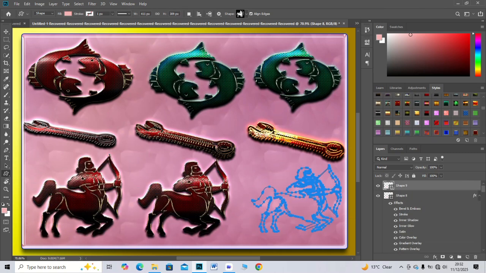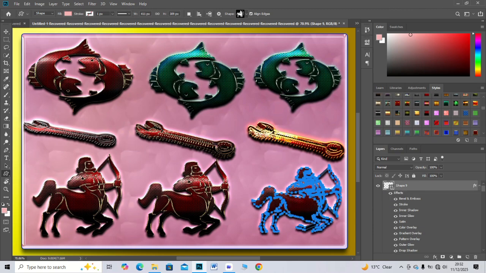Apply a glitch texture for threat alert style. Now add blurred particles to create a cyber